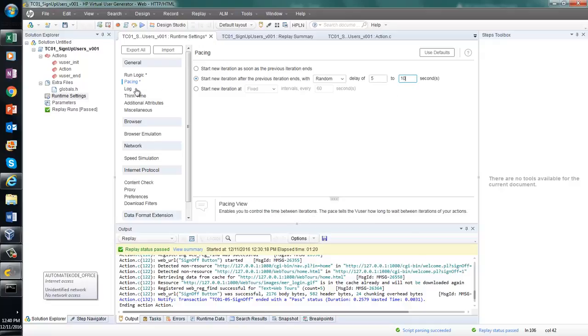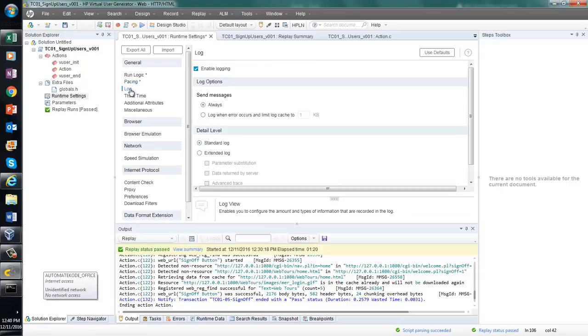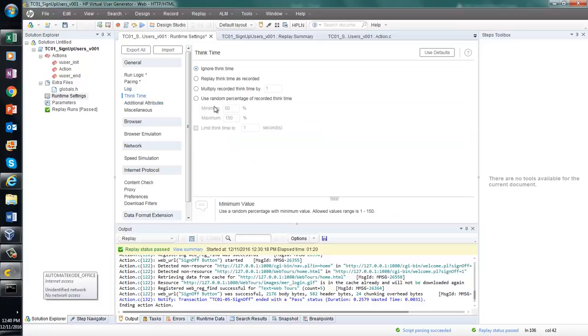And then come to the log. Remember, here I am saying standard log. I am not saying parameter substitution extended log. Come to the think time. I want to say a random think time. Everyone, take a look here. Random think time. I want to say whatever think time I placed in the script,